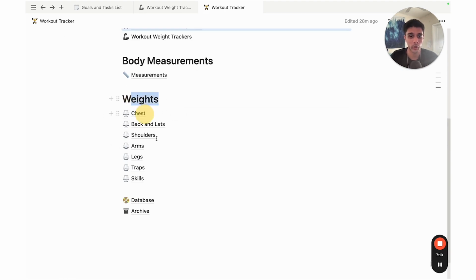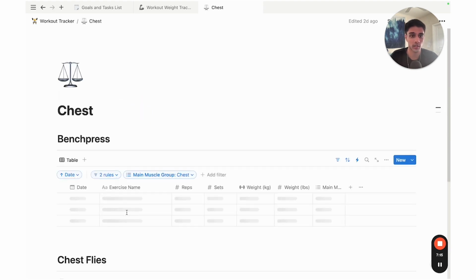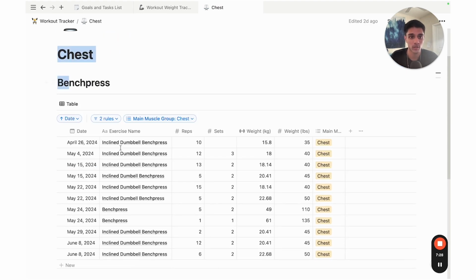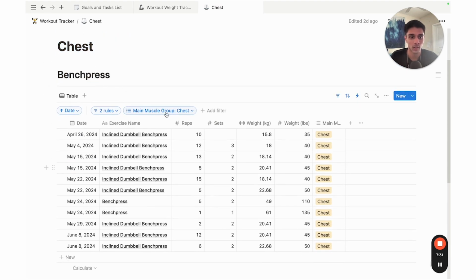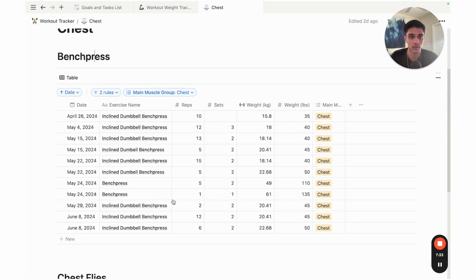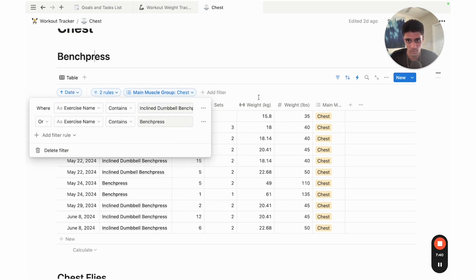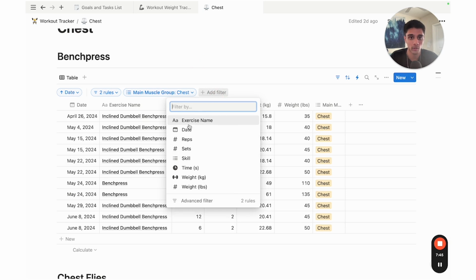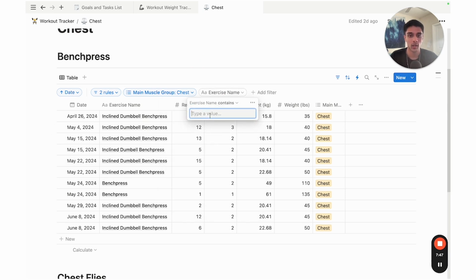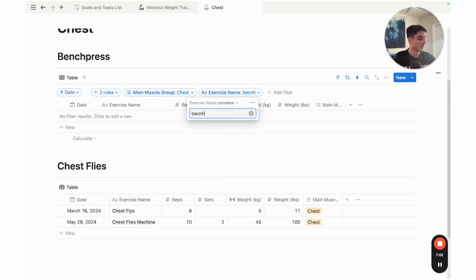Now let's get on to the individual weights. This is, again, not that hard honestly, but it can get tedious to add each individual exercise. The bench press, so everything in bench press, your incline dumbbell bench press, your chest flies. So the way you actually use this is by having these rules in the filters section. What you do is you just do add filter and you select exercise name and then you type a value. So since this is bench press, you just type bench press,